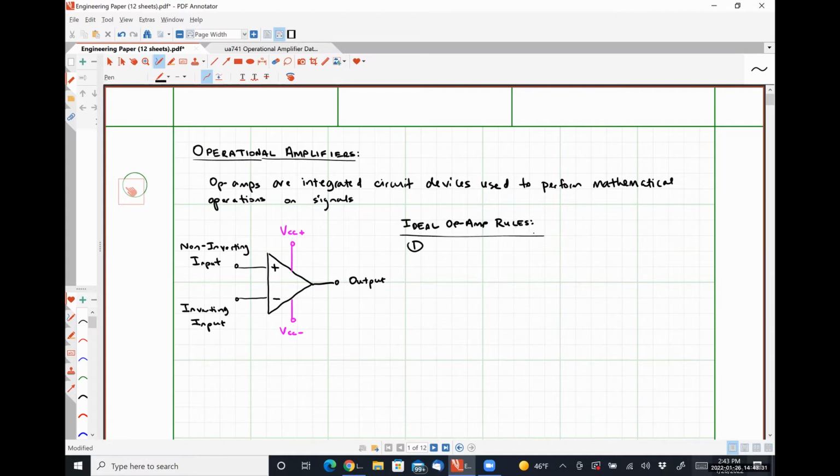So the first rule is that no current can flow into or out of the input terminals. So if I call this current I superscript minus,